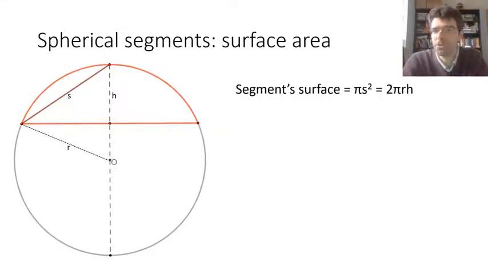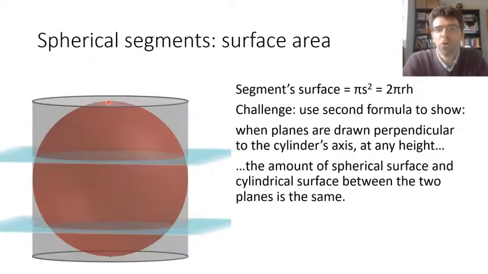So we've got two formulas, and we can use whichever is easiest, either pi s squared, s for sort of side, the oblique side, or 2 pi times the height times the radius. And the latter, for example, is a good one to use for the following beautiful result, which you might like to pause and try. When a sphere nestles inside a cylinder, so it's touching the cylinder on all sides, any slice that we can take out of that arrangement using two horizontal planes, planes perpendicular to the axis, so horizontal the way I've drawn it, that will have the same area of spherical surface as it does of cylindrical surface. So have a go at that one.